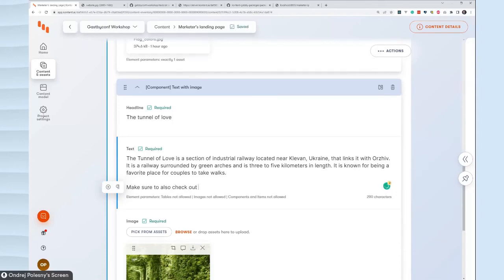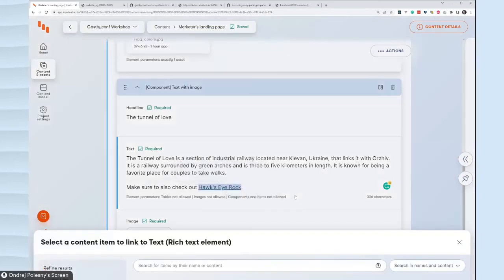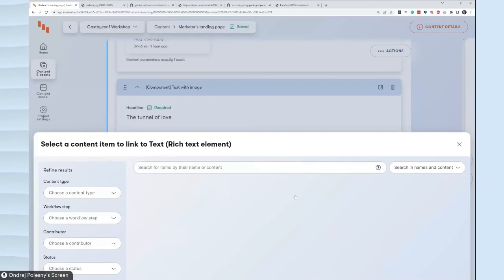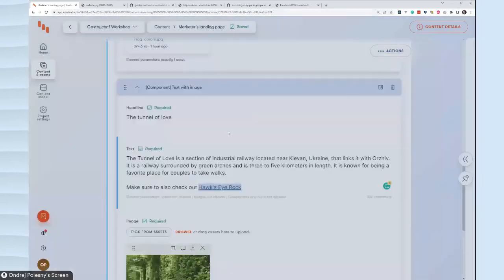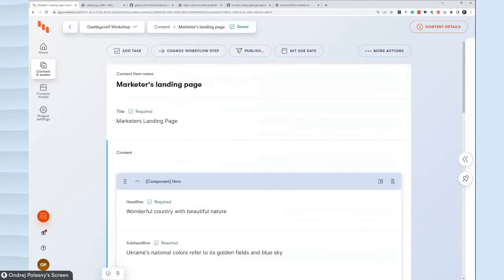out Hawk's Eye Rock. I'm going to make this one a link to a content item. So you see we can link to a web URL or content item or email or asset. So I'm going to link to another content item. And we're looking for this landing page. Perfect. Now I'm going to leave it in draft state so that I don't break the build that's currently ongoing